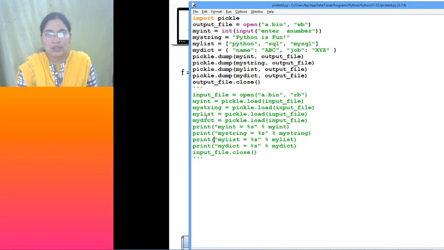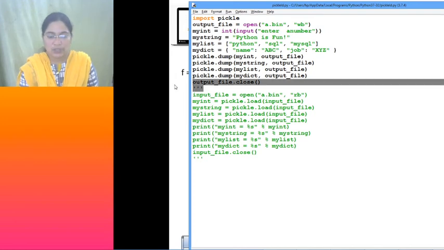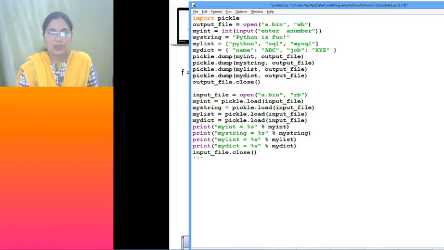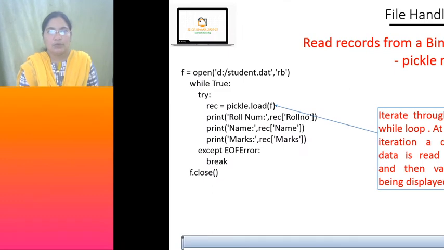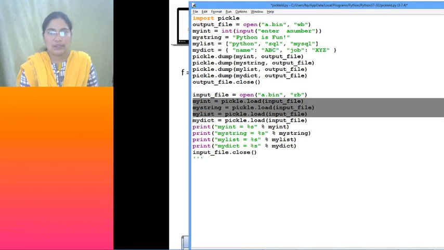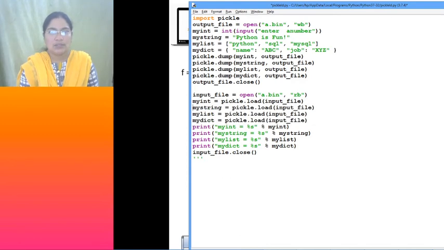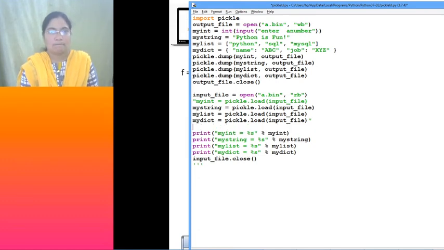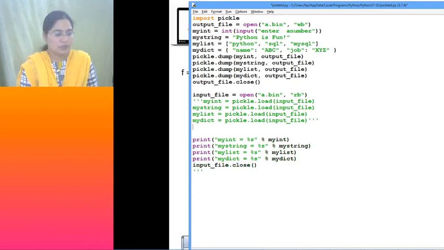Or instead of doing like this, what else can we do? We can open that file. After opening, instead of doing like this, I just want to display using a loop. Display using a loop. So how do we do that? While